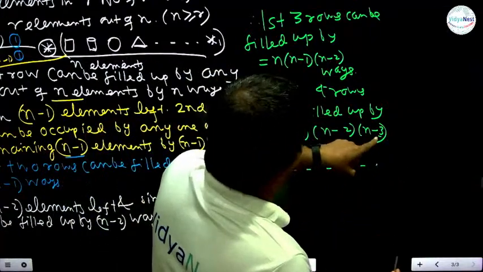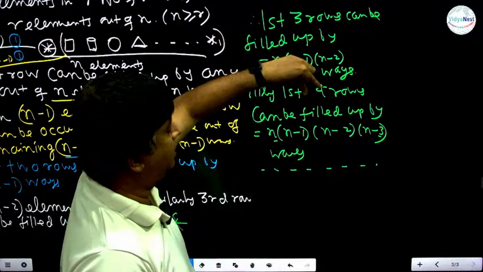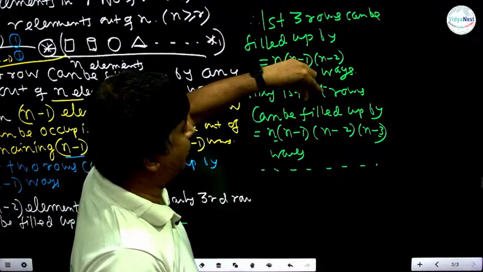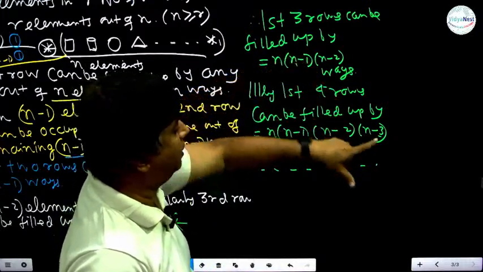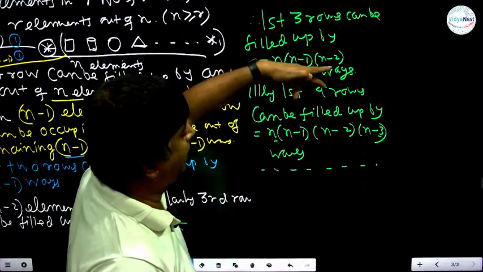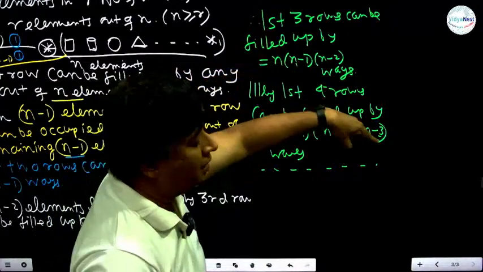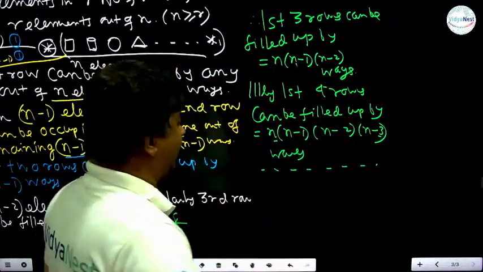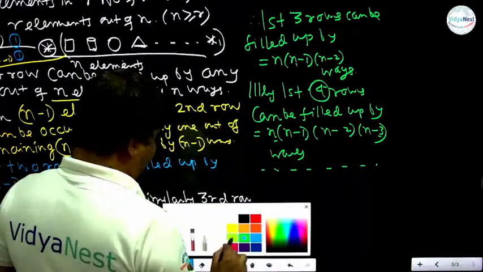Here the number of rows was 4, and it ends with n minus 3. Had this been 5, it would have ended with n minus 4. Had it been 100, n minus 99. Had it been 1000, n minus 999. Therefore, had this been r,